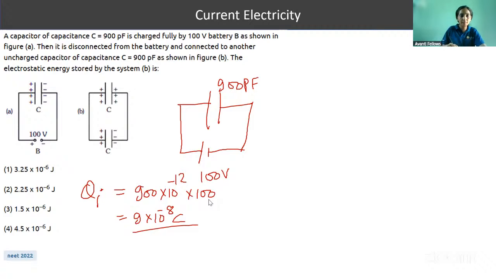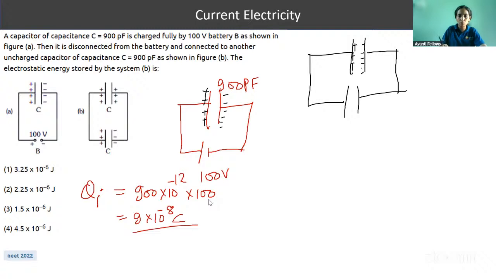Now what we are doing to this capacitor, we are disconnecting the battery. So when it was connected to the battery, this plate will have positive charge, this will have negative charge. Now this is getting connected to another capacitor, which is having no charge, right? So what will happen now? Whatever charge it is having, 9 into 10 to the power minus 8 coulomb